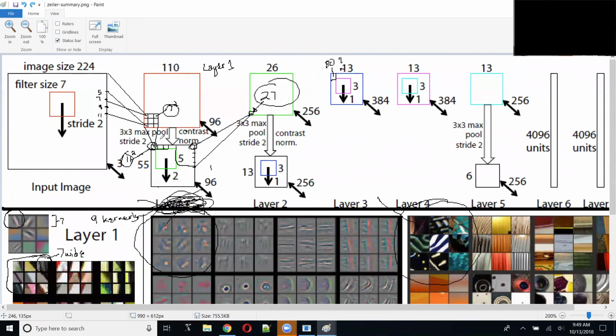So when you say 27 pixels wide for that layer 2, then no other pixels outside of that 27 by 27 patch in the original image has any effect on that kernel in layer 2, right? Well, it has any effect on this one activation? Right. Yes, you're correct. And there's a little more to it.